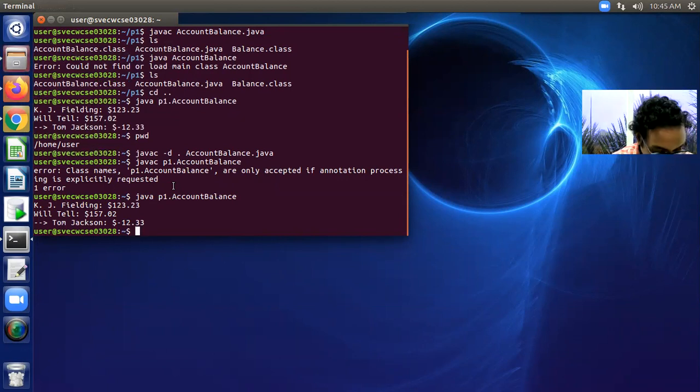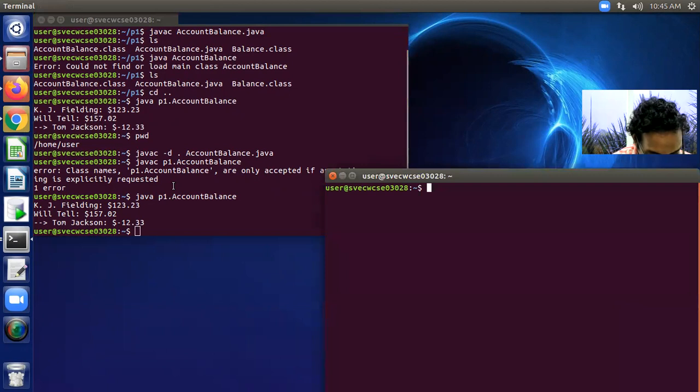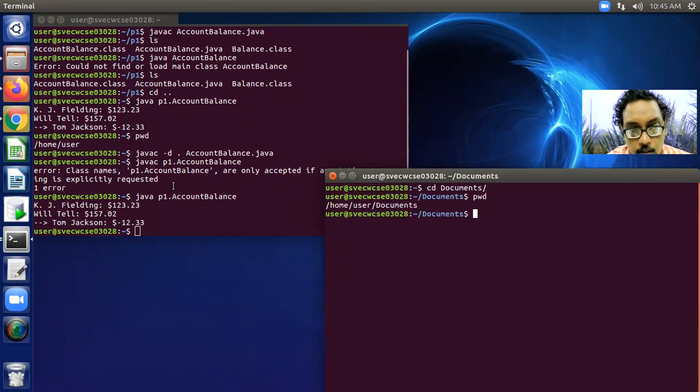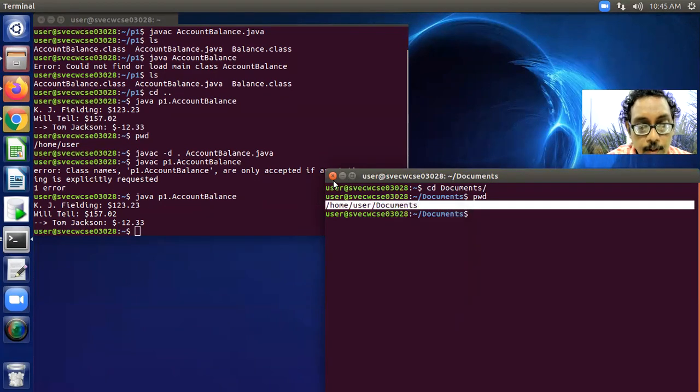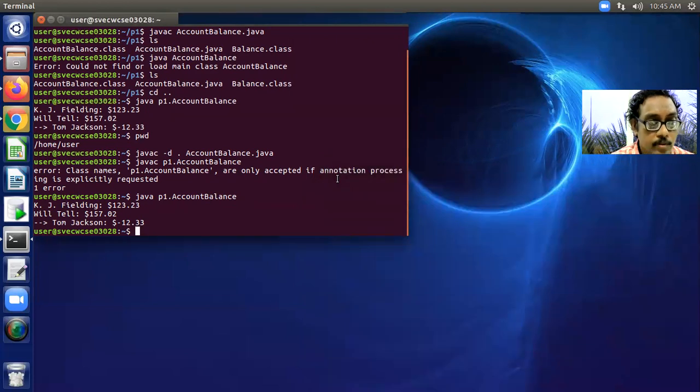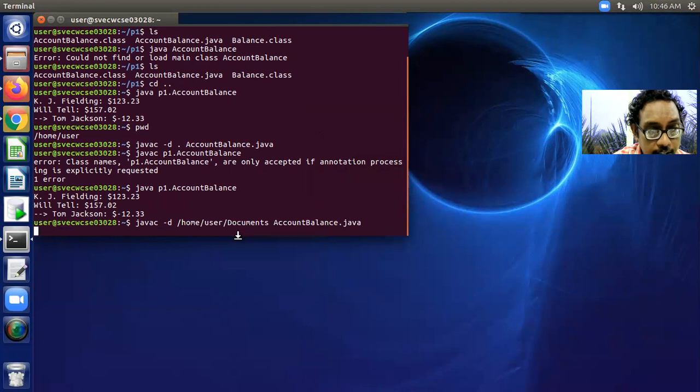First of all, open the terminal and navigate to Documents. Then pwd. This is my desired path for creating my package. I copy it, remove the dot, and paste it as the location. Whichever location you want, then create it.